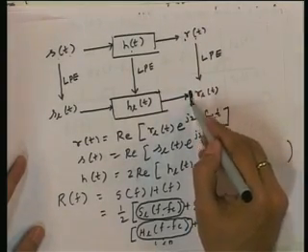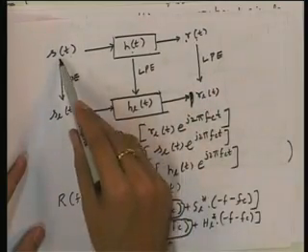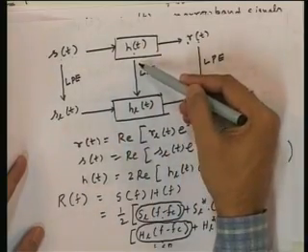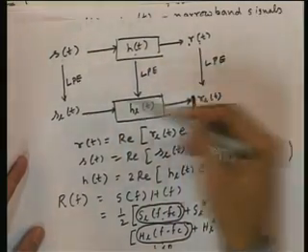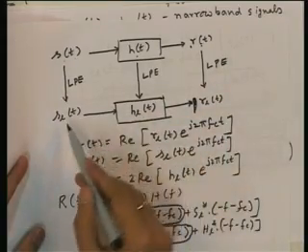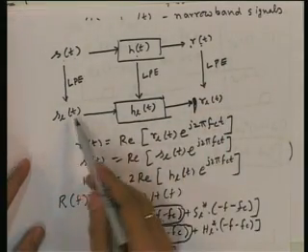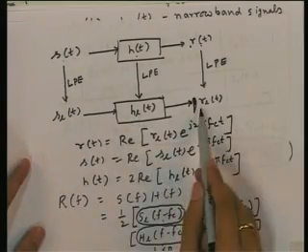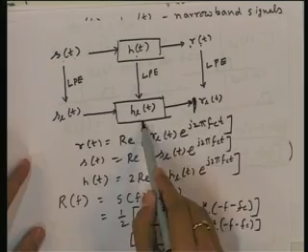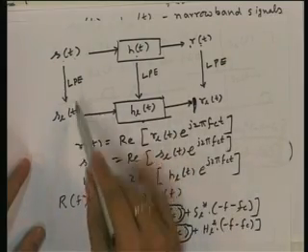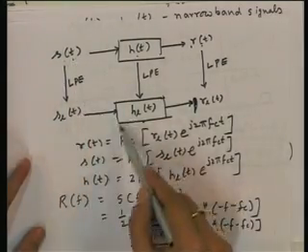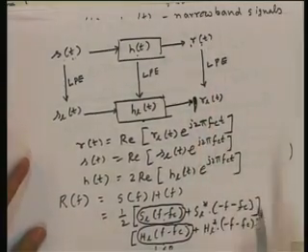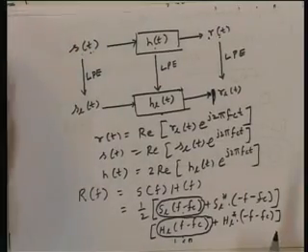So, we have verified that if we have this bandpass system and we represent the signals and the systems in terms of their low pass equivalent signals and systems, then when the low pass equivalent system is excited by the low pass equivalent signal of this input, the output will also be the low pass equivalent of this output. This is what we have verified. So, now we can treat a bandpass system